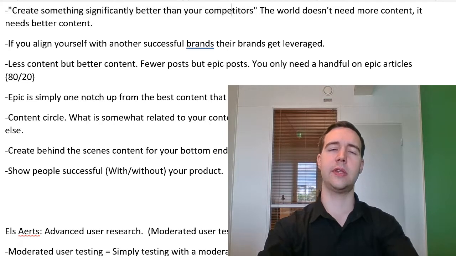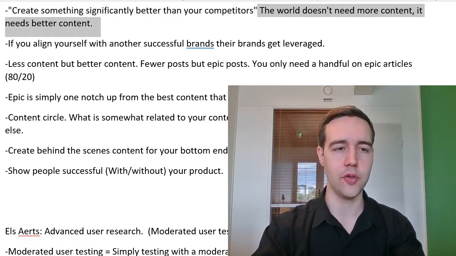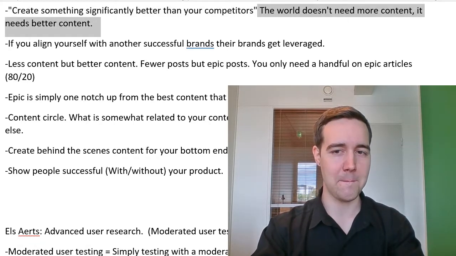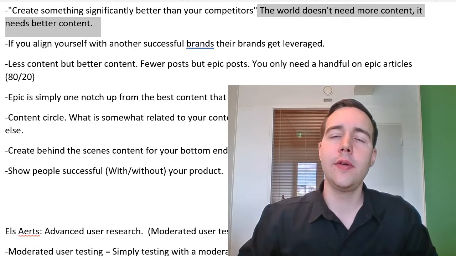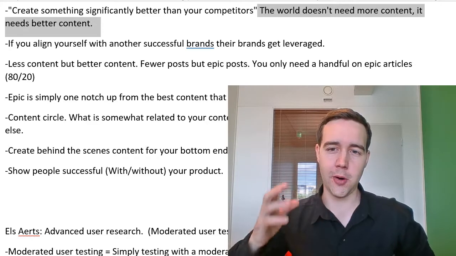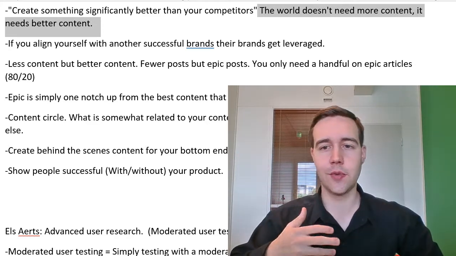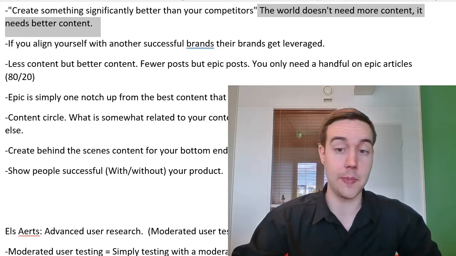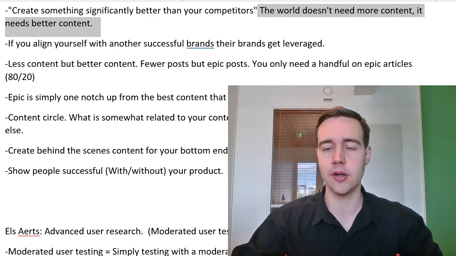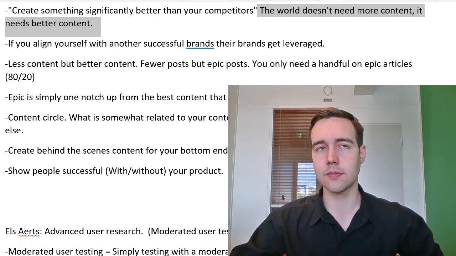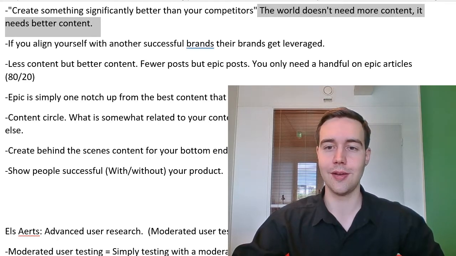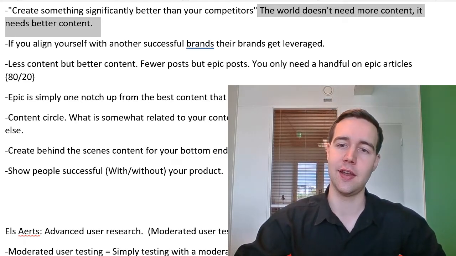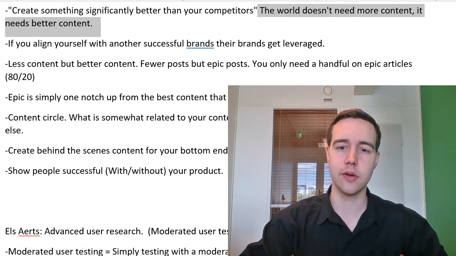So the world doesn't need more content, it needs better content. We don't need more articles, we need more amazing articles, more helpful articles, maybe longer, more in-depth articles. Basically, we need our problem solved, and preferably solved better than anybody else can. That's how you can stand out in today's world.